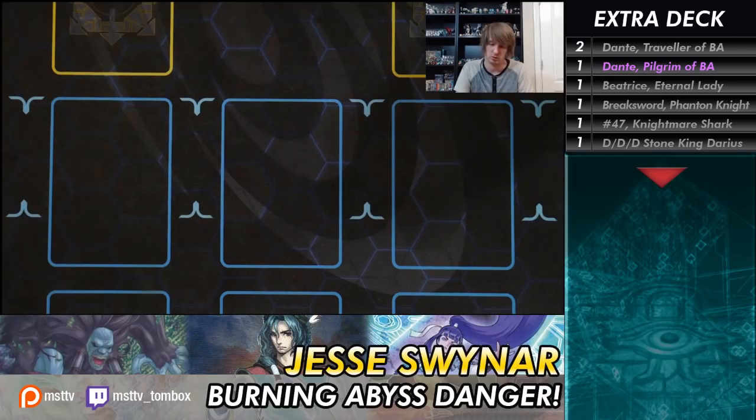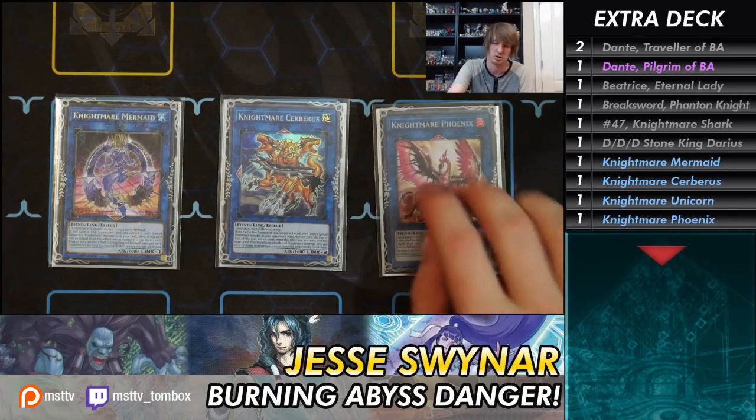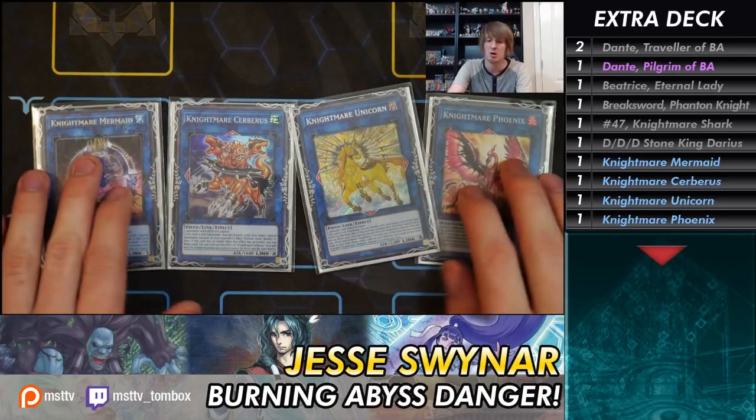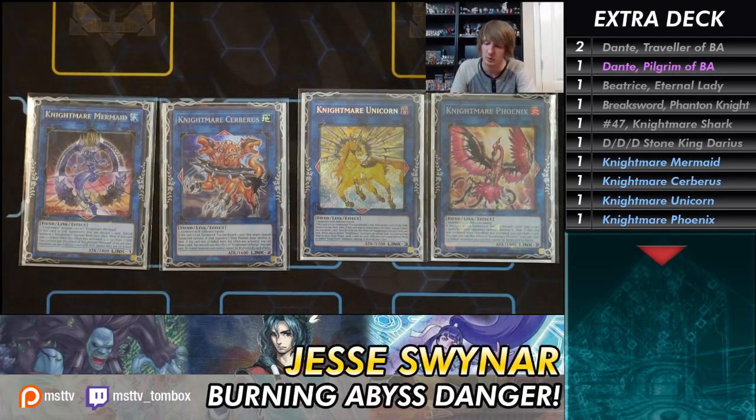And then we play a sort of nightmare package. Play the Mermaid, Cerberus, Phoenix, and Unicorn as well. Yep. No Griffin because Griffin's not needed. It'll block your own effect more so than anything. Yeah. Well, I mean, it's only 4/2, so it's 4 cards that go into one monster, which is usually not that